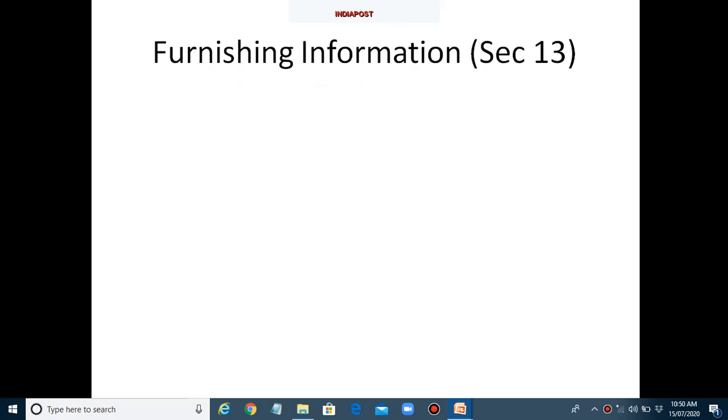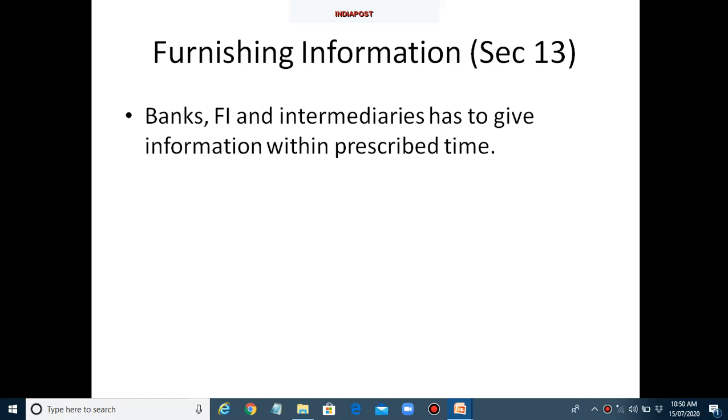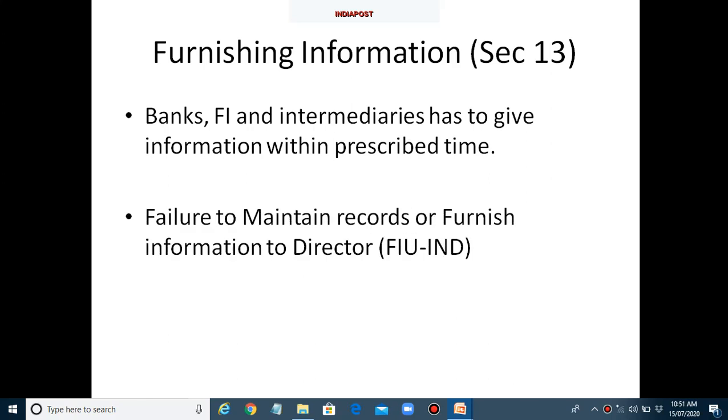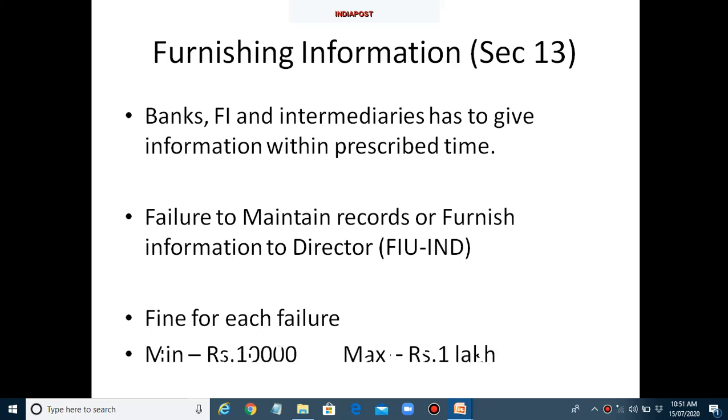Next is Furnishing Information, section 13. Banks and financial institutions and intermediaries have to give information within the prescribed time. Failure to maintain records or furnish information to Director FIU will invite a fine for each failure, minimum rupees 10,000 and maximum rupees 1 lakh. Please note, for each failure, minimum rupees 10,000 and maximum rupees